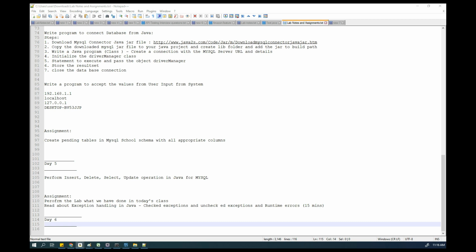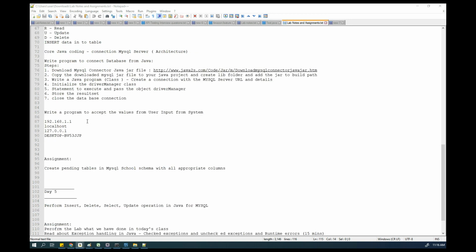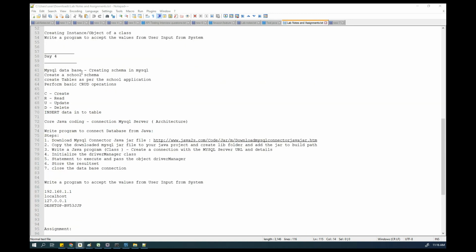Yes, Harish. So in day 5, what have we done? We performed a few CRUD operations from core Java. Earlier in day 4, what we had done was, in the MySQL Workbench itself, we saw how to create schemas and tables, and then how to insert the data, select the data, delete. So we have seen all the commands of the DDL, DML, and